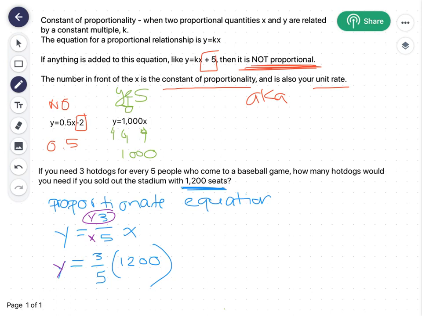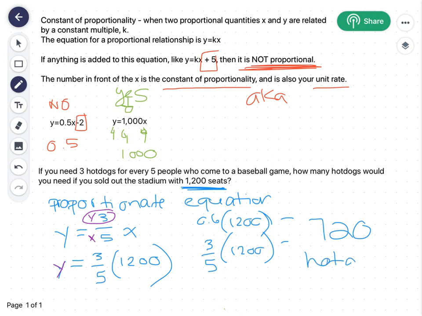Again, we can use calculators, but we can also multiply by hand. It's up to you. So 3/5 is 0.6 times 1,200. So we have 3/5 times 1,200, or we have 0.6 times 1,200. Same thing. They are both going to equal 720